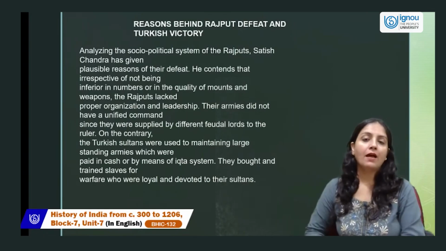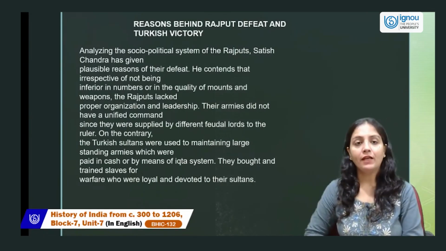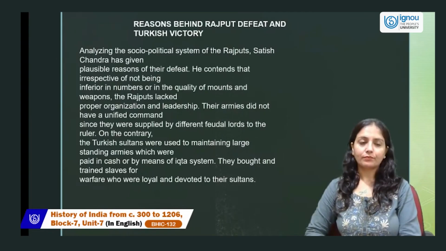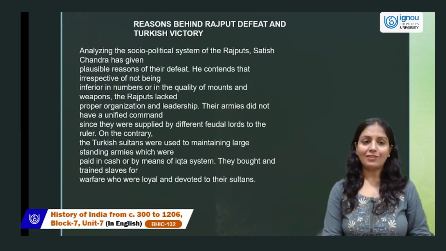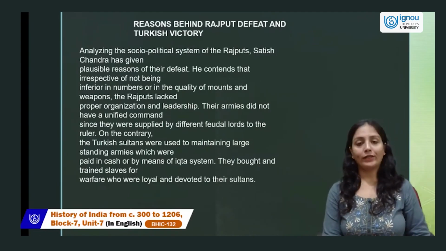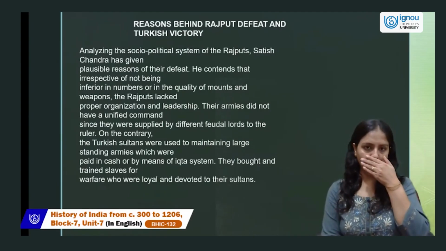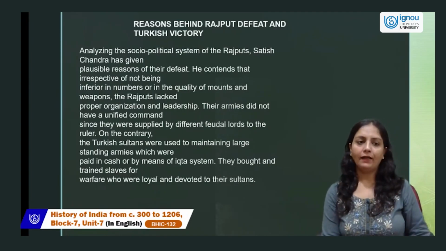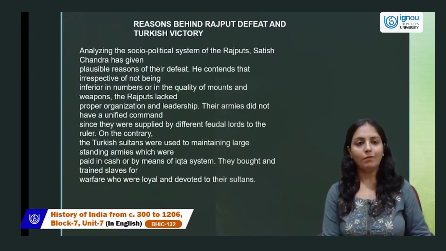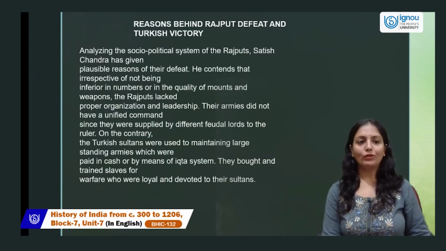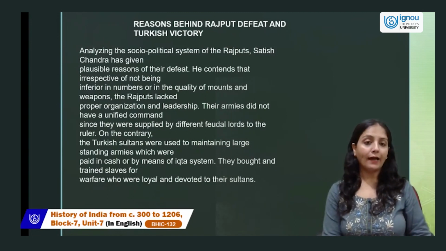Now, what were the reasons behind the Rajput defeat and the victory of the Turks? Analyzing the socio-political system of the Rajputs, Satish Chandra has given plausible reasons for their defeat. He contends that, despite not being inferior in numbers or in the quality of mounts and weapons, the Rajputs lacked proper organization and proper leadership. Their armies did not have a unified command since they were supplied by different feudal